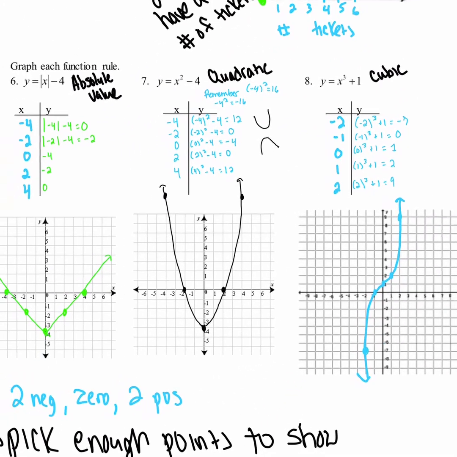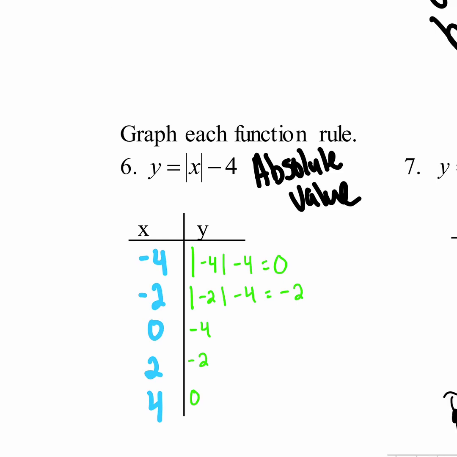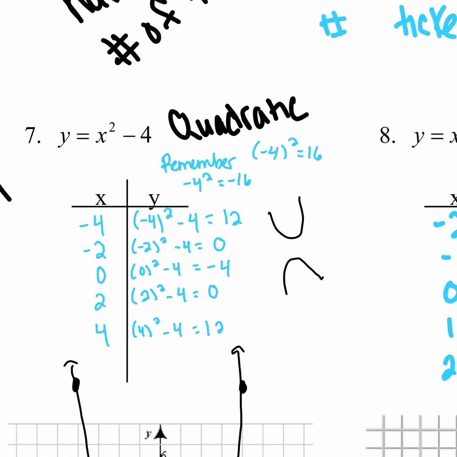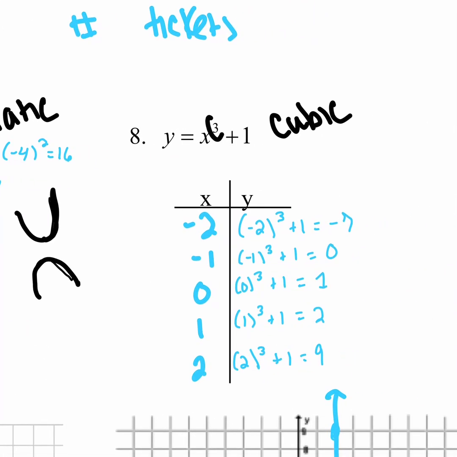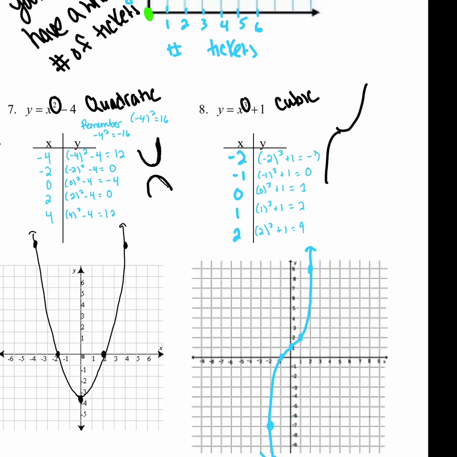All right, so now if you ever have to graph on the test, you want to make sure you recognize, hey, this is an absolute value. I should be thinking of a V or an upside down V. Hey, this is a quadratic because of the 2, the squared. I should be seeing something like this or something like this. Hey, this is a cubic. It's going to be something like that. Oh, that's pretty messy. All right. So what you need to do now is